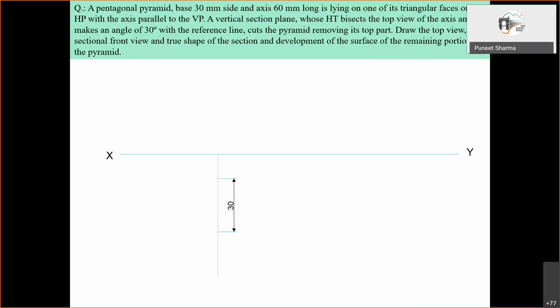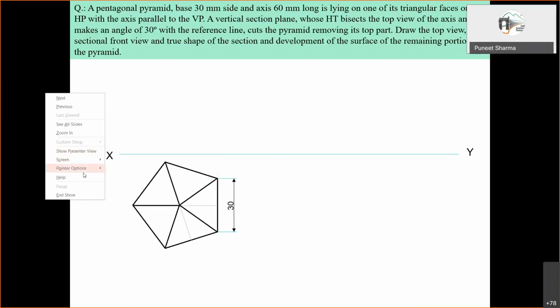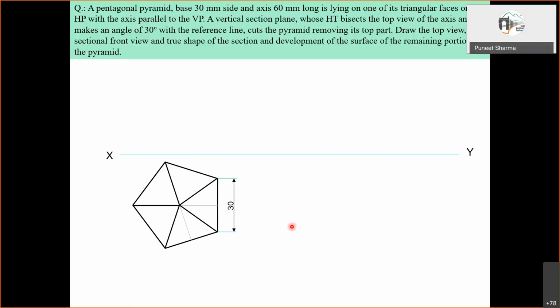So we draw it like this, okay, keeping one of these base edges. Yeah, so here this edge is actually perpendicular to the VP, and of course in the top view this is perpendicular to the XY line. So this will allow us to achieve the given position in the second step.